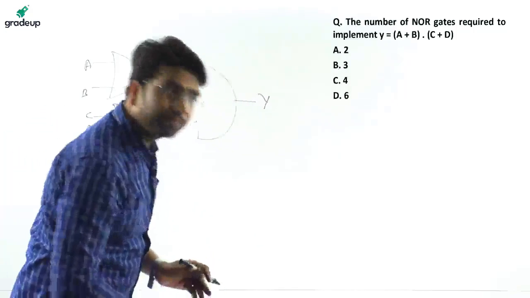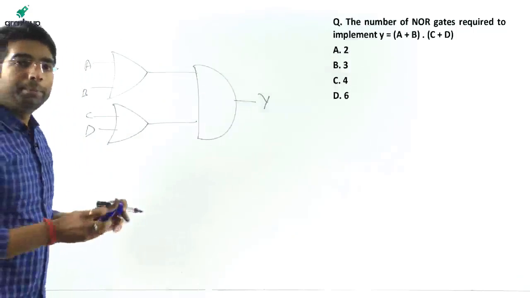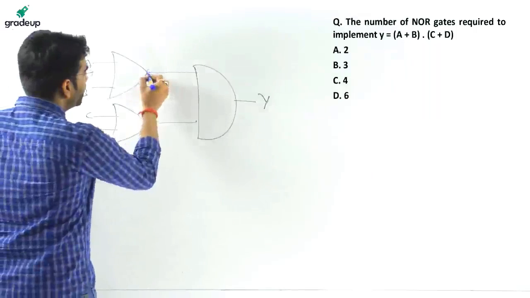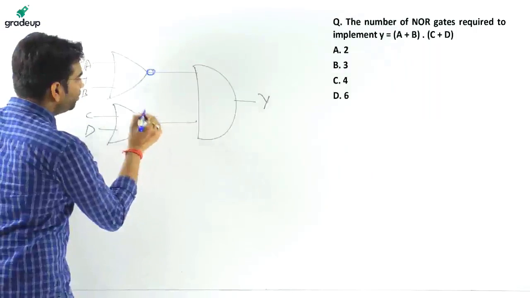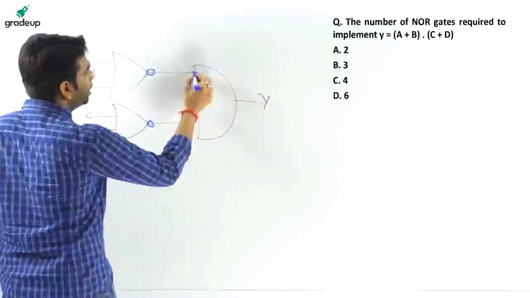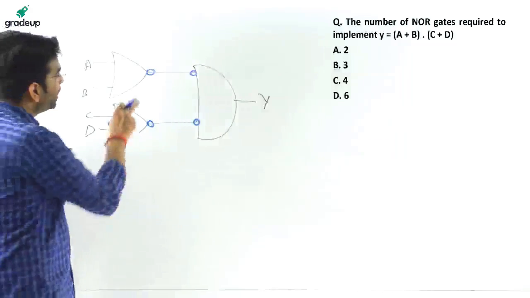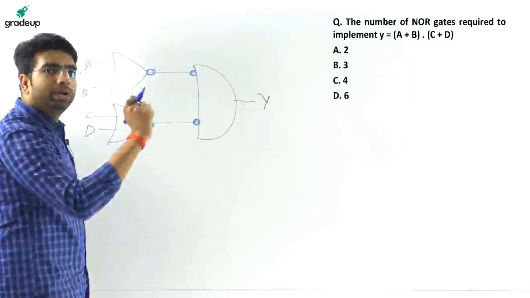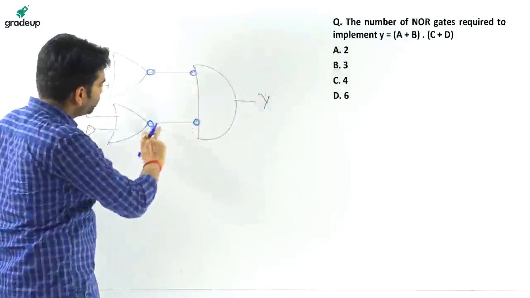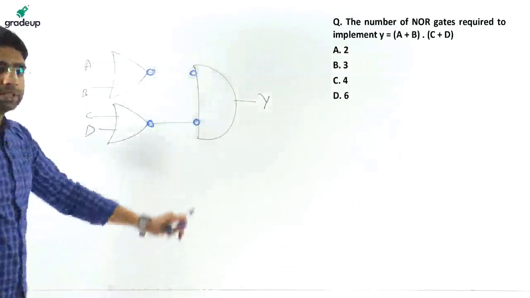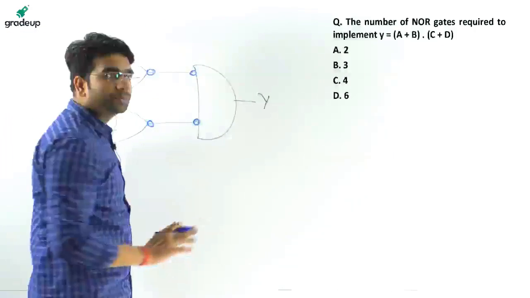Let us do one thing. We have to solve it by using NOR gates. Bubbled NOR. Okay, bubble it, bubble it. Does the expression change? No. यहाँ के इन्वर्टर ने यहाँ के इन्वर्टर को, यहाँ के कॉम्प्लीमेंट ने यहाँ के कॉम्प्लीमेंट को कैंसिल आउट कर दिया. We are going to have the same expression.